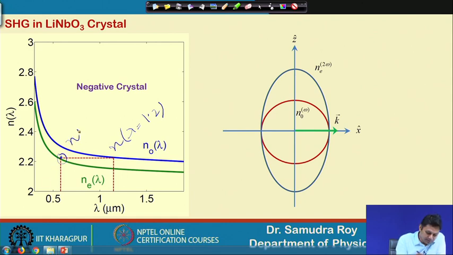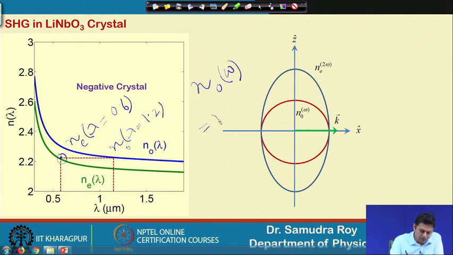This is n, this is ordinary, so I should write O. And this is n E, because this is over the extraordinary line, n E of lambda equal to around 0.6, which is half of that. So, if I write in terms of frequency, n O at omega is equal to n E at 2 omega,